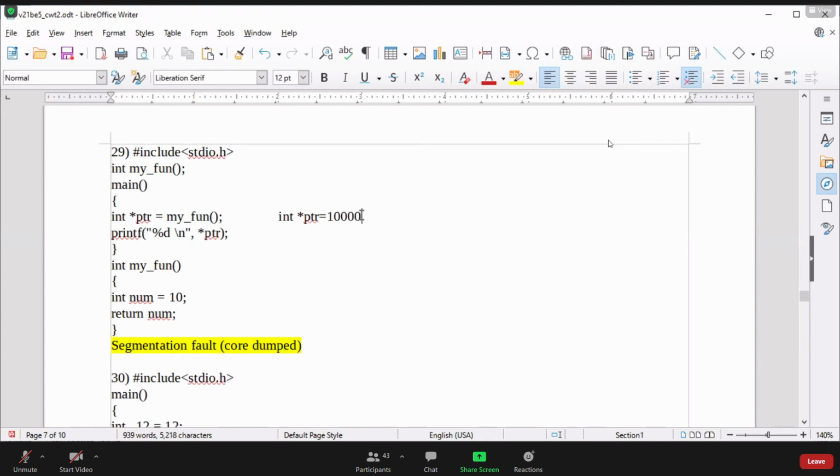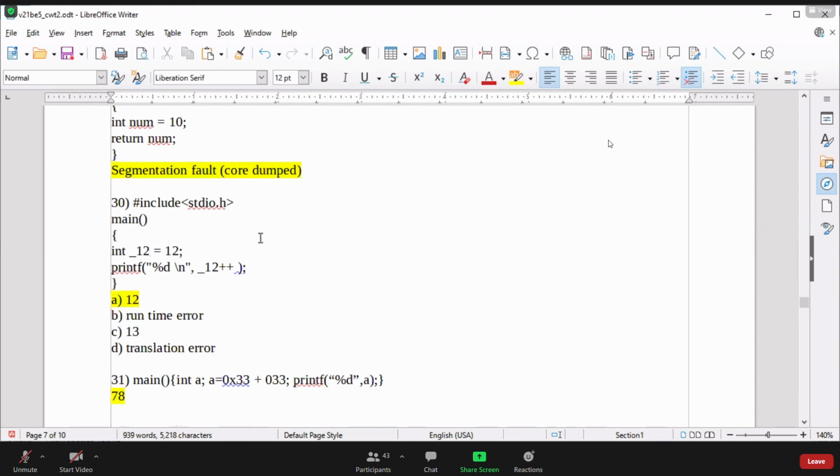We have just randomly provided an address to the pointer, and that's why there is unauthorized memory access and a segmentation fault. Whatever address or location the operating system assigns to the pointer or to any variable, only with that can the OS work. If we try to access any other address, the OS generates an error, and it's a runtime segmentation fault error.